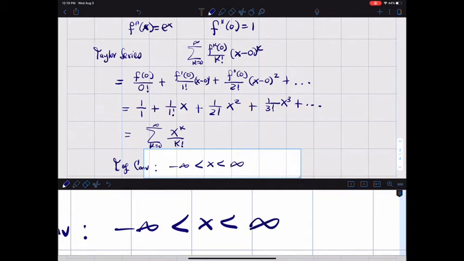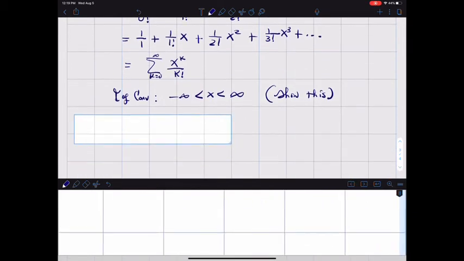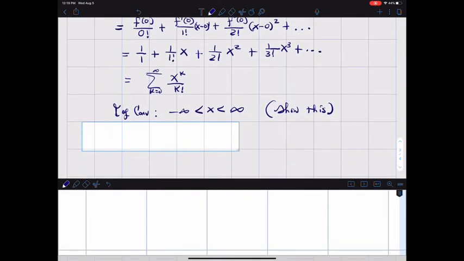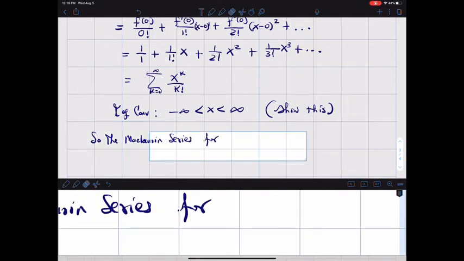And you can show this yourself. So again, what does this mean? This means that the Maclaurin series representation